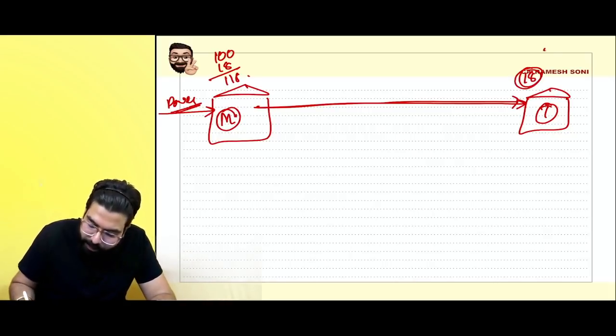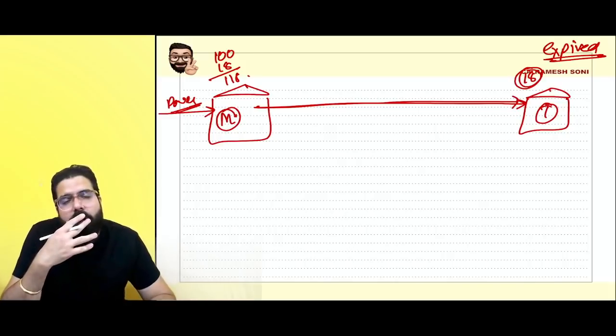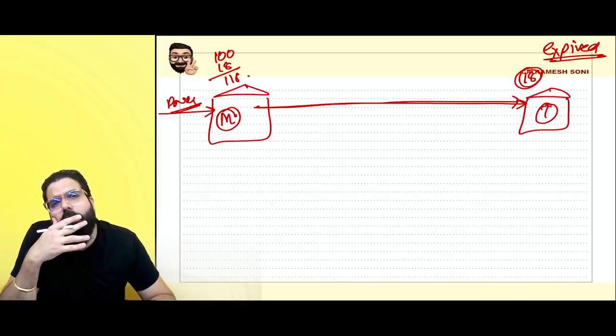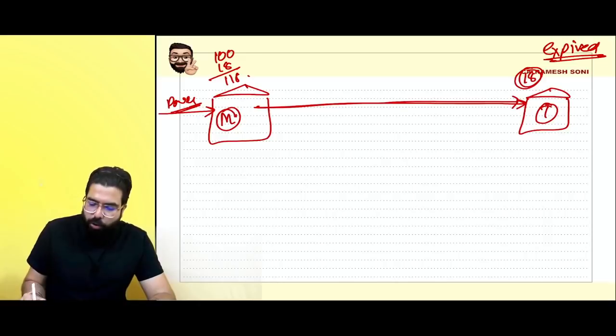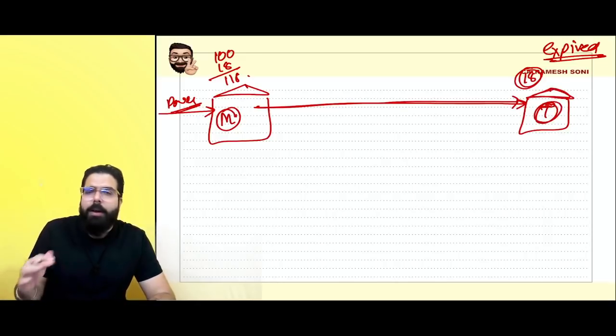The medicine expired. When the medicine expired, they saw that the credit note also can't be issued. Why, sir? Because the time limit was already gone. And hence the government gave one more solution. The government told the trader, when you are returning the time-expired drug, because the time limit for issuance of credit note is gone,